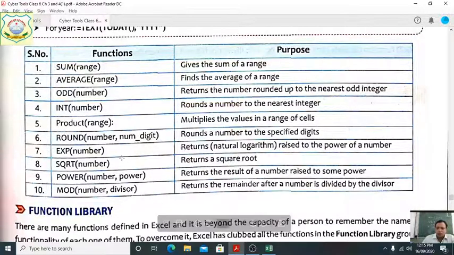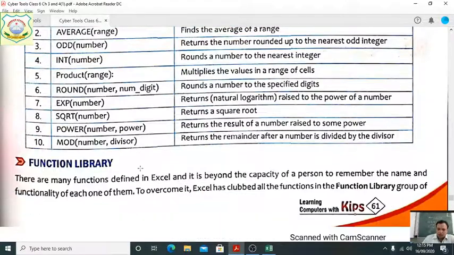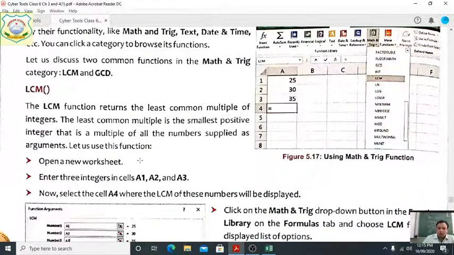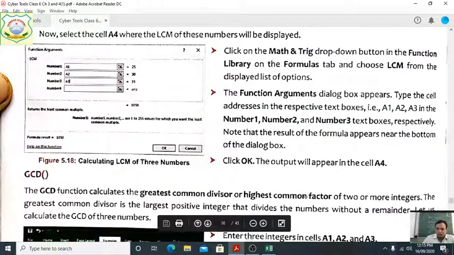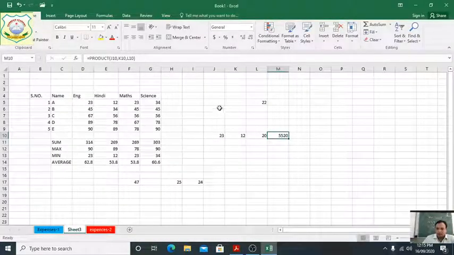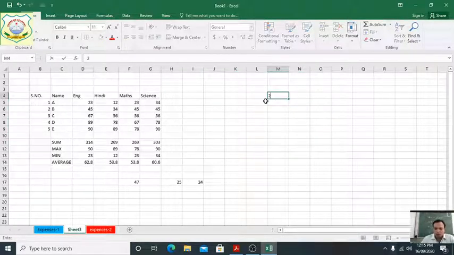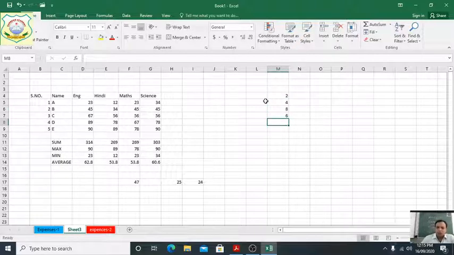Okay? So you have to practice the function library. In the function library, we will tell about the LCM and GCD. Suppose we are writing here 2, 4, 6. We want to find LCM.